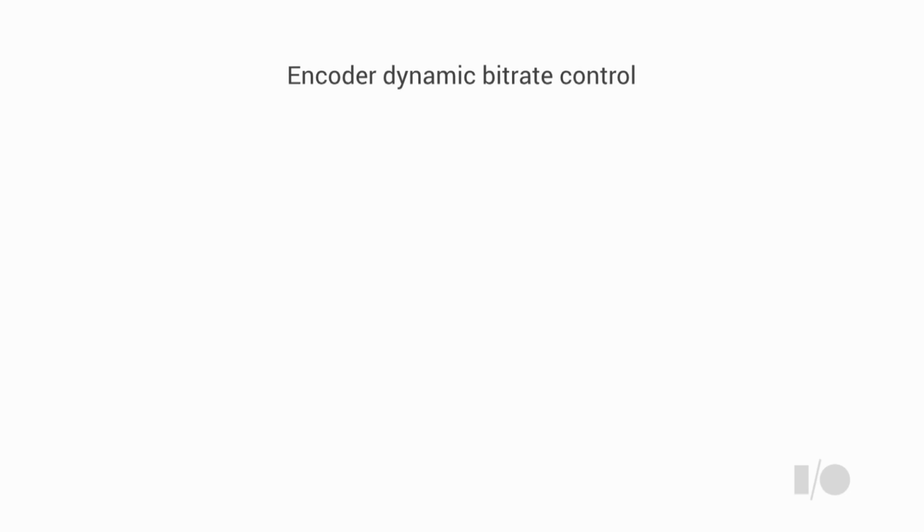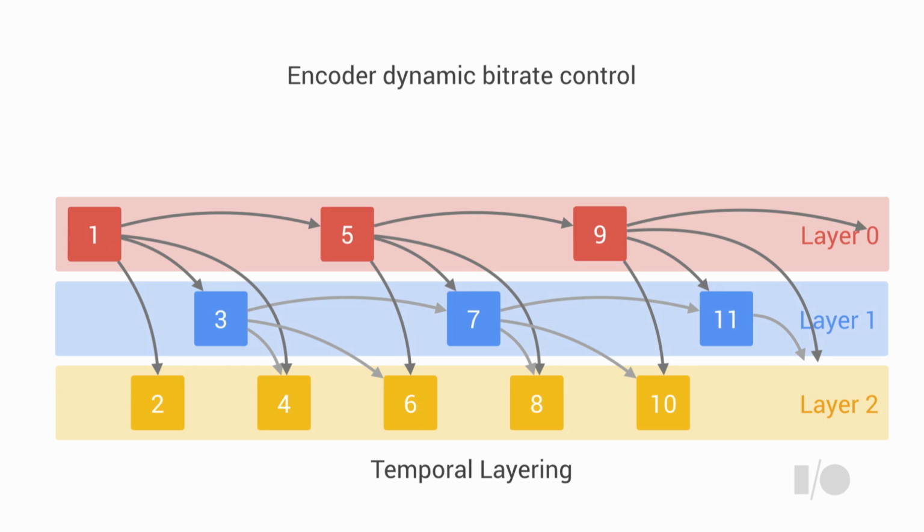So we are adding a couple of new features that will be fully exposed in the next release, such as dynamic encoder bitrate control and temporal layering. In temporal layering, the individual video frames are divided into layers. So the idea is that you should be able to decode all the frames in a layer without any frames in a higher layer. So this allows more radical bitrate control because you can discard, not even transmit, whole sets